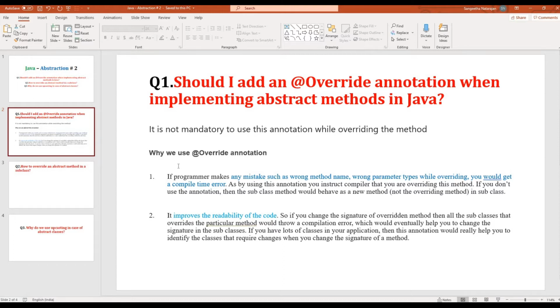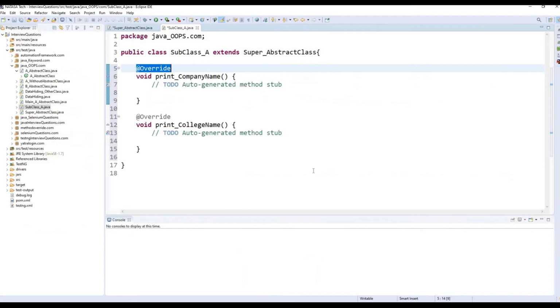Also, if you use the override annotation, it improves the readability of the code. But most programmers avoid using this annotation because, obviously, after extending this abstract class, only the abstract methods will be implemented.